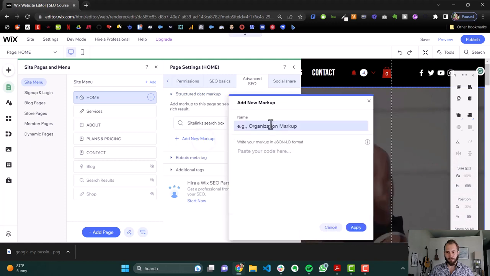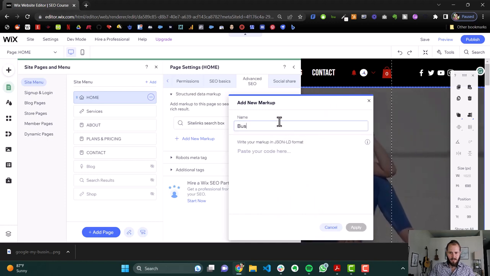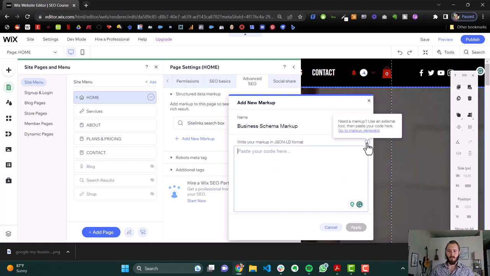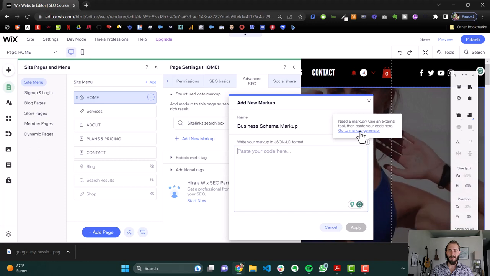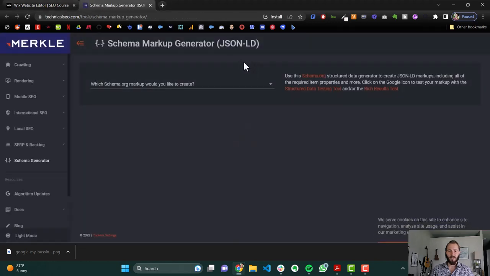new markup. Now, it's going to ask us for the name, and we'll say this is Business Schema Markup, and it says write your markup in JSON format. Now if we click this little information icon here, it offers a tool we can use to generate our code. So we're going to click that. We're going to go to the markup generator. It's going to take us here to technicalseo.com